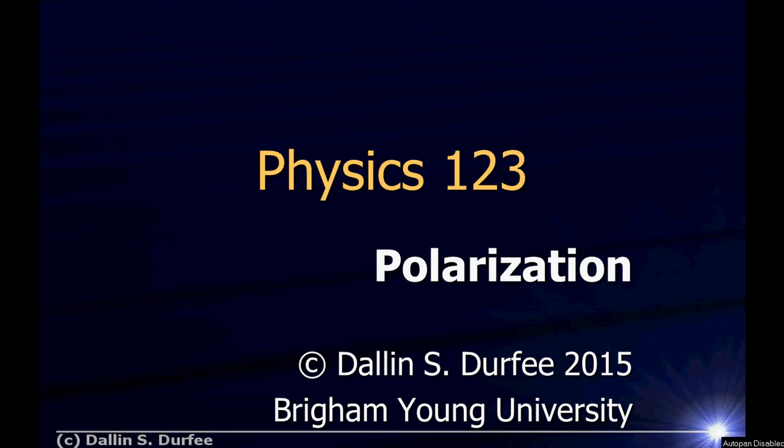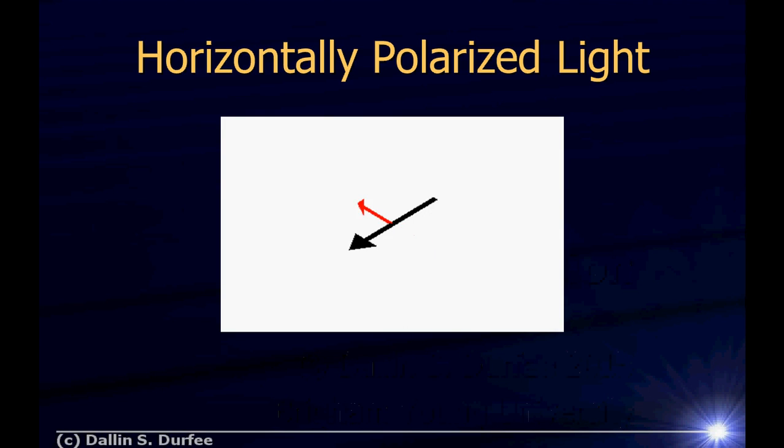Well, light, as far as we know, is a transverse wave. And because it's a transverse wave, there are two different directions that oscillations can occur and still be transverse to the direction that the light is propagating. For example, if I have a ray of light that's traveling along like this, I could have light that's polarized horizontally, meaning the light is traveling in the direction of the black arrow, and as it propagates, what's oscillating in light? It's an electric and a magnetic field. So imagine that the electric field is oscillating like the red arrow.